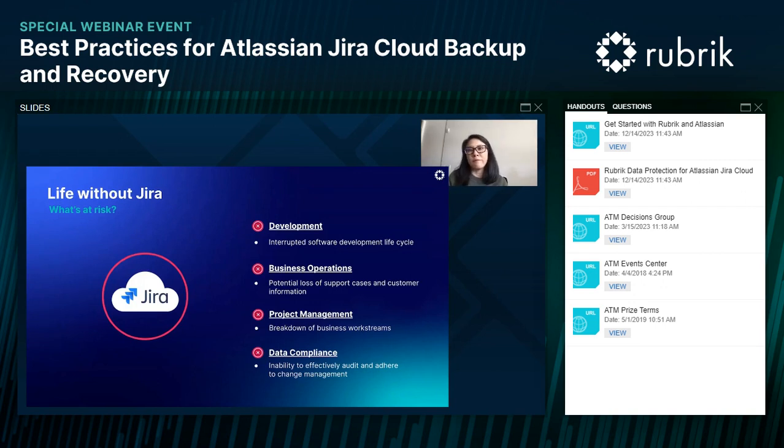So from the past year or so, I've been talking to many customers, and when they explain and share with me how they use Jira, you can definitely start understanding how critical Jira is. And in many cases, if they did experience data loss with Jira, they do see that is definitely a risk